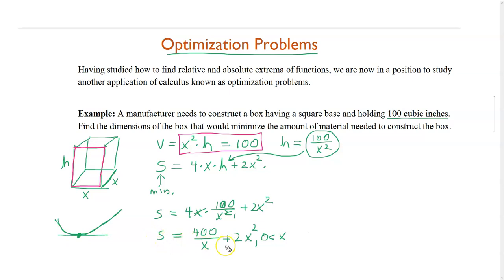So we have to find where the derivative of this function is equal to 0, and that's going to be the x value that makes s the smallest, and that's what we want to find. So all we have to do is take the derivative and set it equal to 0. So if we differentiate s, we get,